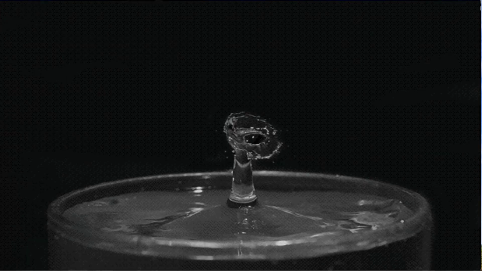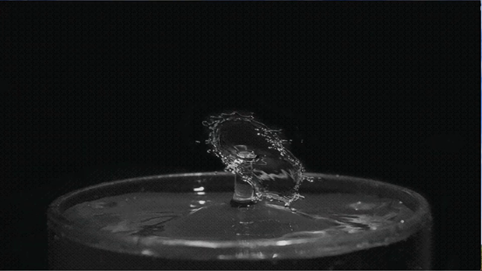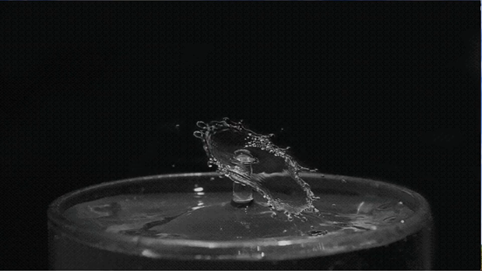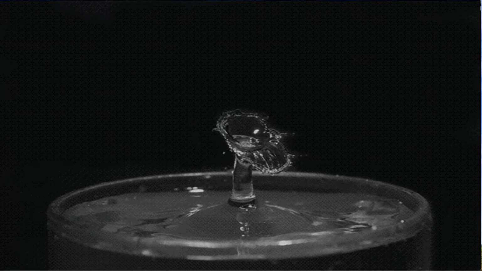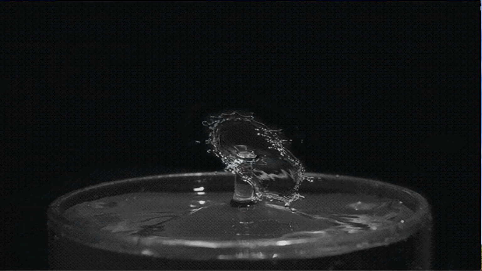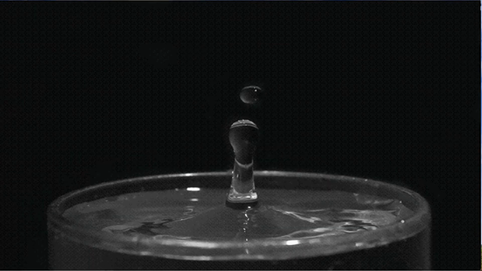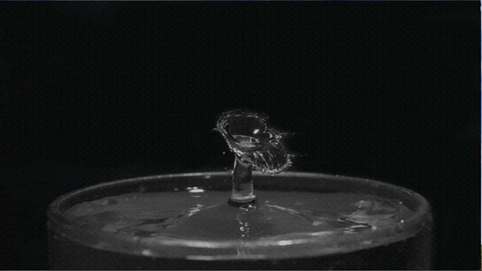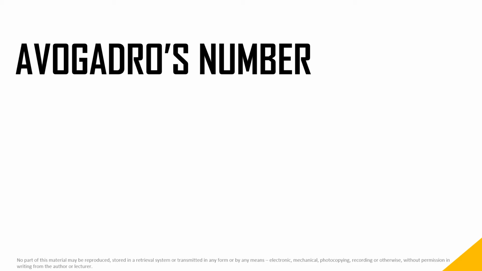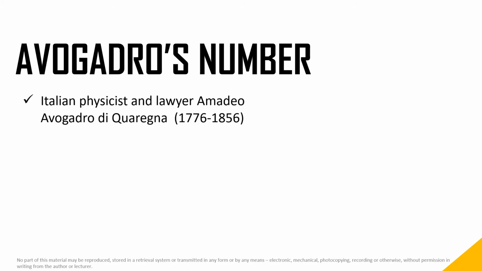If you counted 10 molecules every second for 50 years without stopping, you would have counted only 1.6 nonillion molecules. Put another way, at that counting rate, it would take you over 30 trillion years to count the water molecules in one tiny drop. So because of this, chemists needed a name that can stand for a very large number of items. Amadeo Avogadro, an Italian physicist and lawyer,